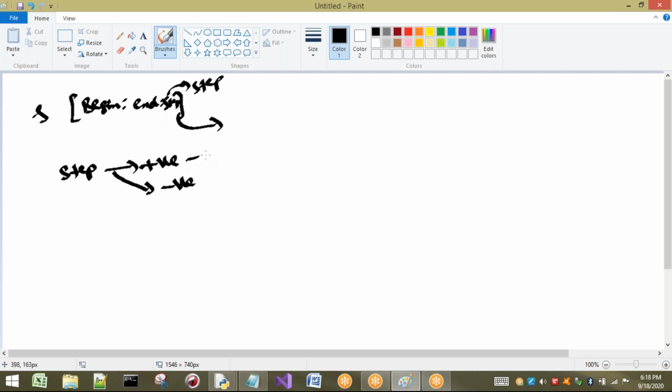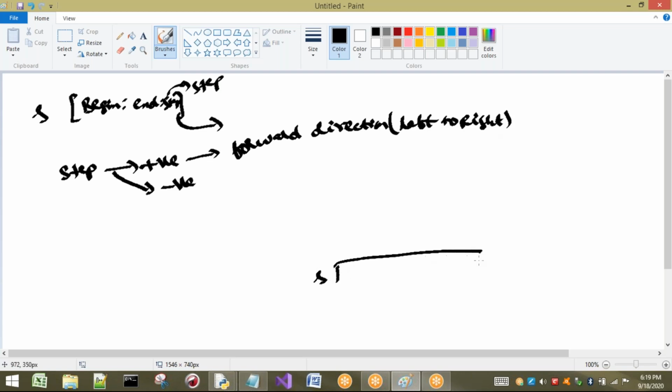If you consider a positive value, that is nothing but printing in a forward direction. Forward direction is nothing but from left to right. What is meant by left to right? For example, I am going to take a string, Shiva, for example. See here, 0, 1, 2, 3, 4, 5, 6. This direction is called a forward direction.